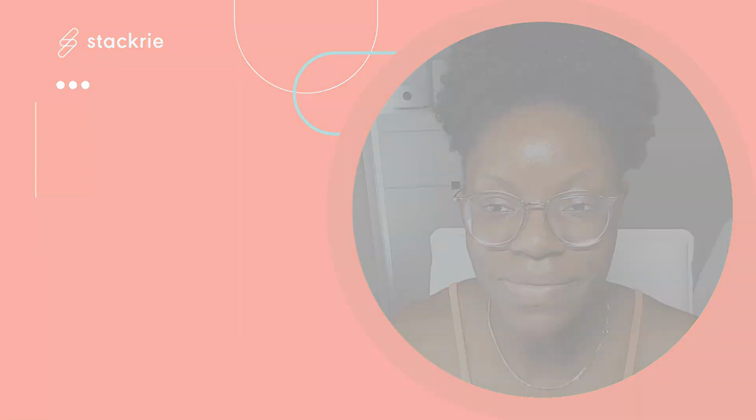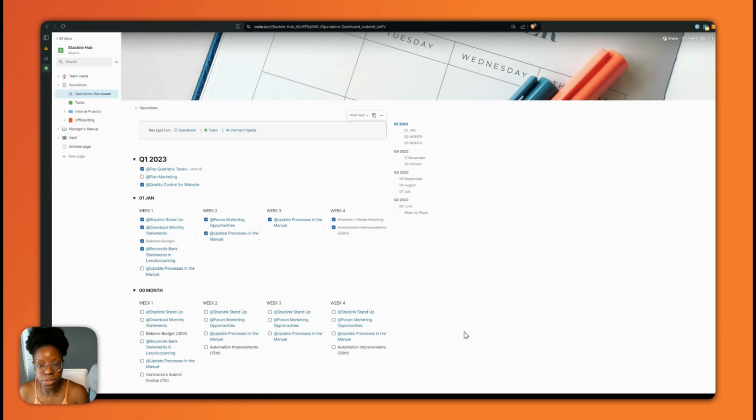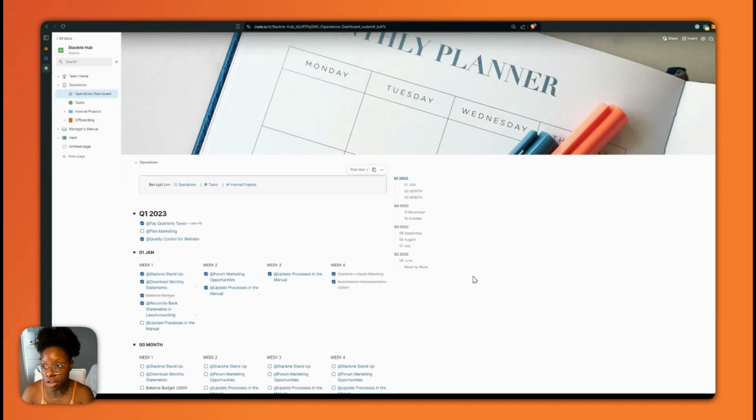Let's get into it. I wanted a simpler way to manage all of the recurring and administrative operational tasks inside of the business. Essentially, anything that was internal and not necessarily client facing or about a deliverable. So, since I was doing a lot of my company SOPs and documentation inside of Coda, I thought through a way to manage that stuff in Coda directly and ended up coming up with this operations dashboard. So, I'll show you what mine looks like, and then I'll take you over to the templates I've created for